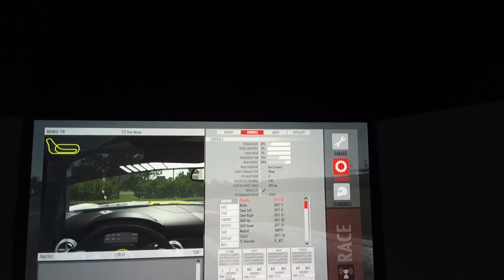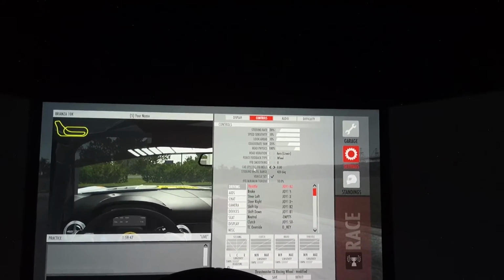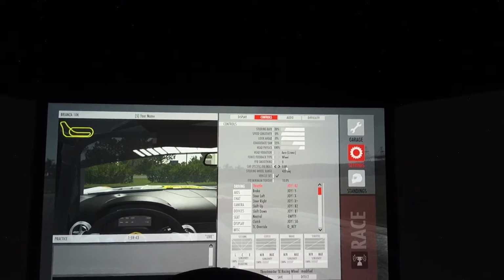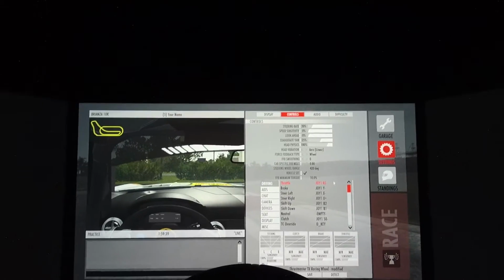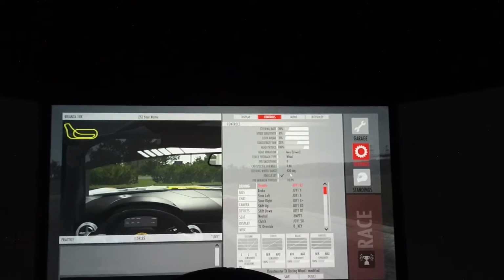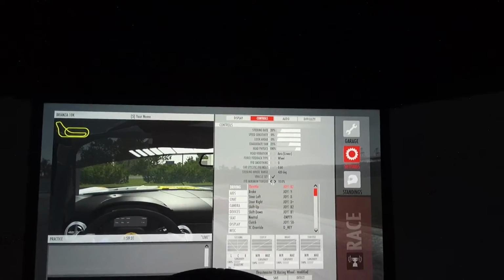Now, because I changed it for this car, it did save it, and it's still at 0.80, this car-specific force feedback. But if I change the car or get out of the game and come back to this car, it will be back at a 0.1, which is too much. The other thing you can change at this menu is the steering wheel range. And I don't. I actually...